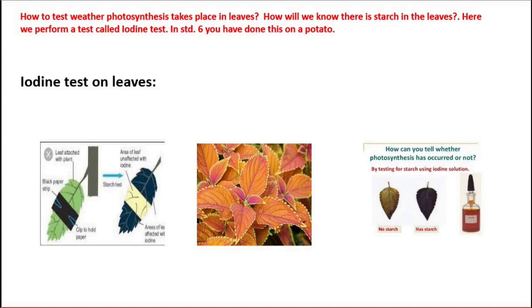We need to go to the lab for this, but as you all are not here, I'll be sending a link to see the experiment. First, I will explain the experiment and then you can watch the link. We have to take two potted plants of the same kind. One plant we should keep in a dark room for almost 72 hours, that means almost 3 days, and the other plant in the sunlight, and perform the iodine test on both and observe the result.